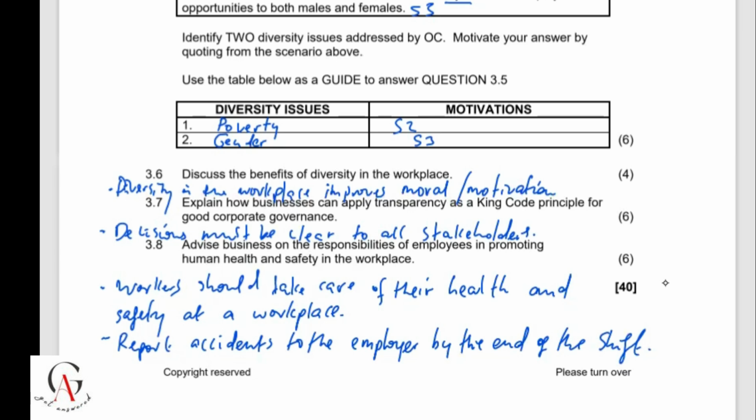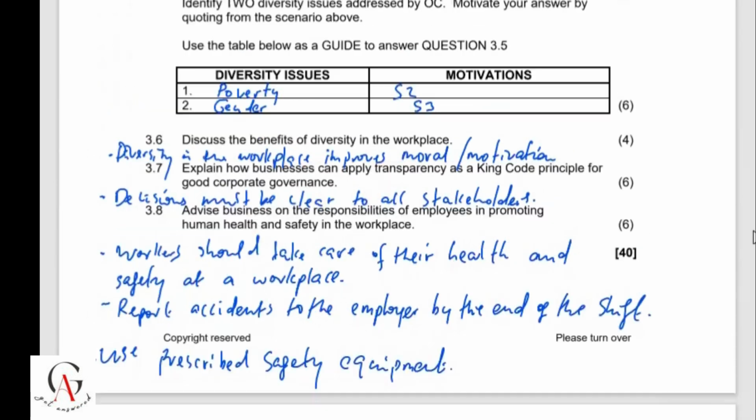And also send that use prescribed safety equipment. Prescribed safety equipment. Okay, right. So now let's move on, we are done with our question 3, this side of the